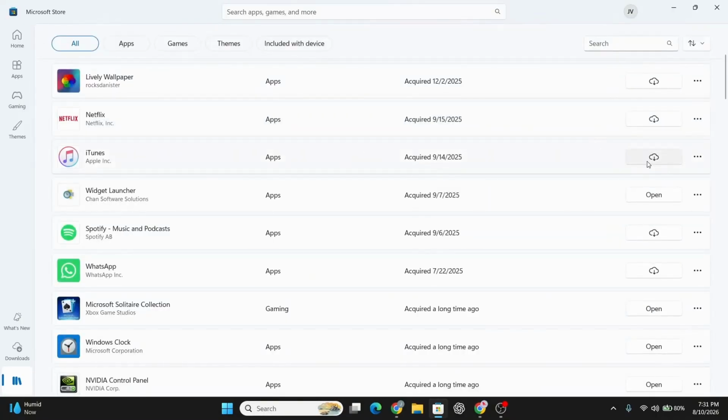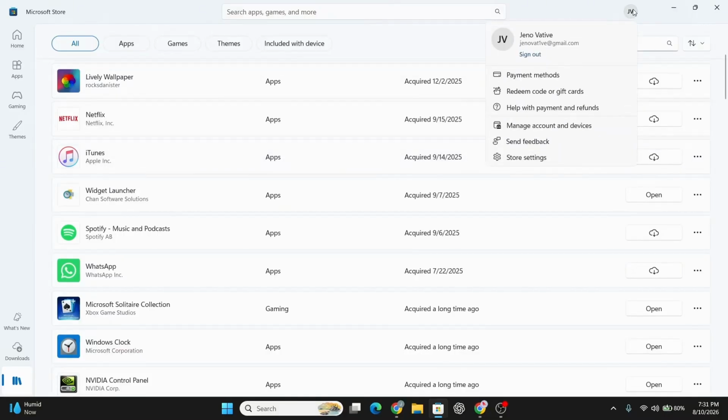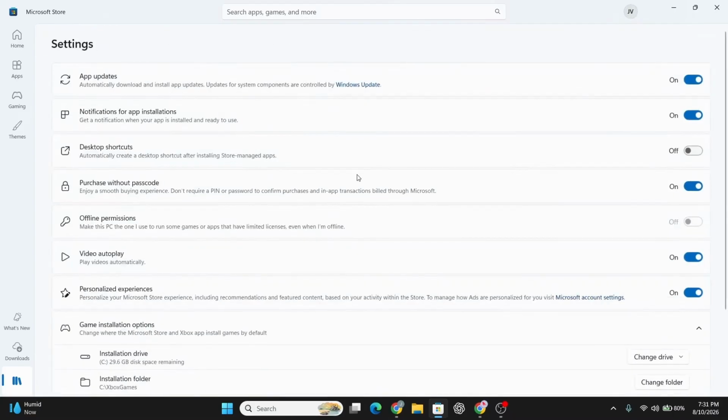From here, click on your profile icon near the top of the store window if you want to check automatic update settings. At this stage, click on Settings, then turn on the toggle next to App Updates to let future